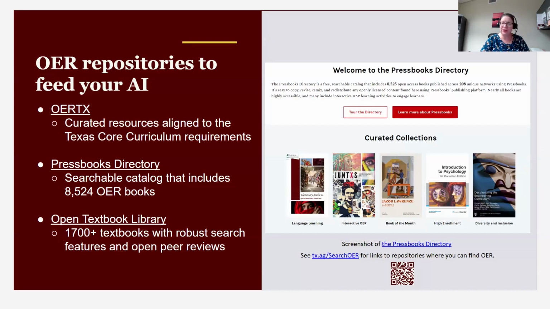Another possible source, since books are still what we do here in academia, is the Pressbooks directory. So Pressbooks is an online platform that you can use to create ebooks and distribute them, and they have a huge catalog because at this point there are